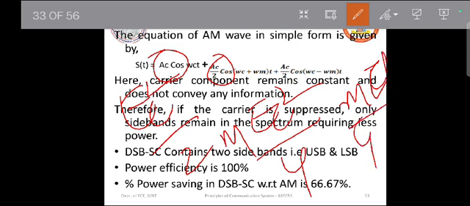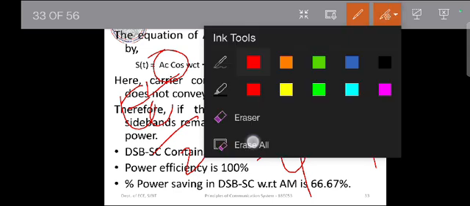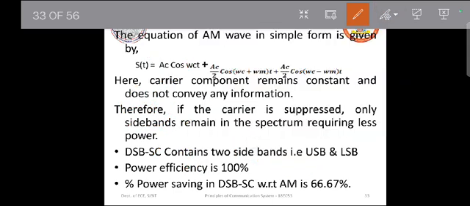So what we observe is the carrier component consumes more power but does not convey any information at all, which is of no use for us. So that is why we always try to suppress the carrier and try to convey only the other two components, which are the lower and upper sideband components. And when you do that, you are basically performing